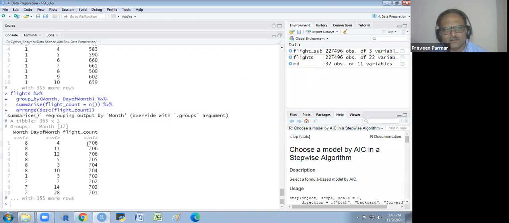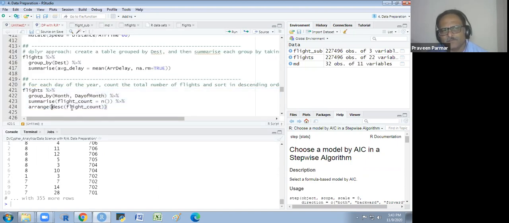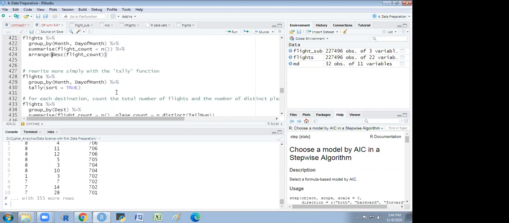And when I arrange this in descending order, you see what happens. This is the descending order, the highest one. On the 4th of August, the flight count from that airport was 706 departed. And the 11th of August also 706 departed. 12th August also 706 departed. Got it? Yes, sir. So in this way, we are getting this in descending order. If you want ascending order, don't write descending there. Okay? Only in one bracket you write the flight count only. Any doubt? No, sir. So you do it yourself.